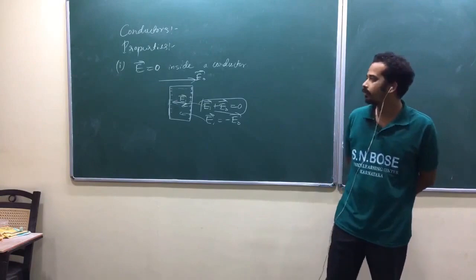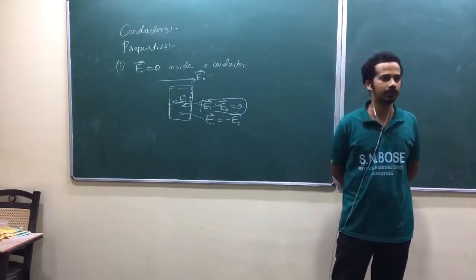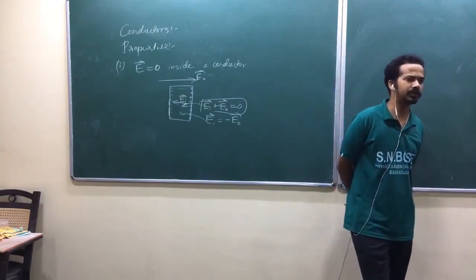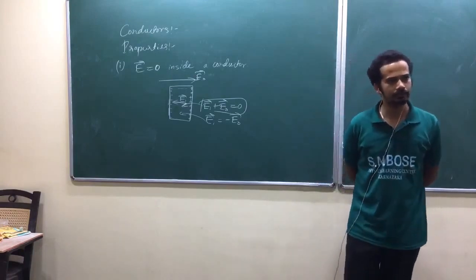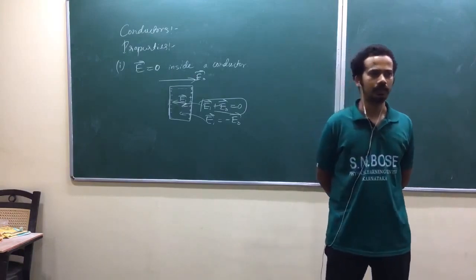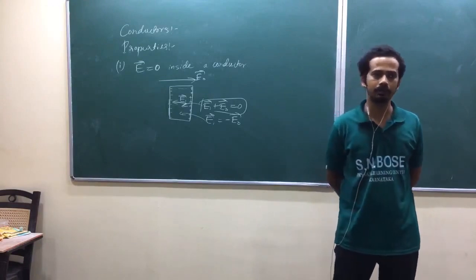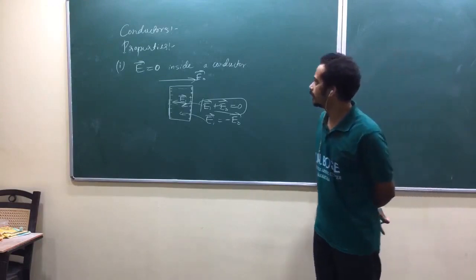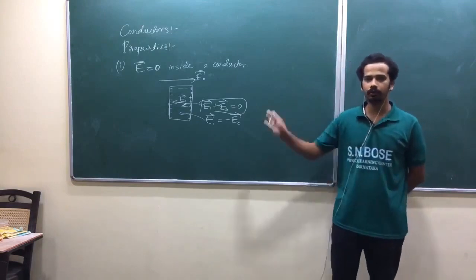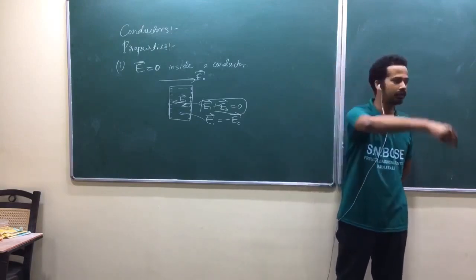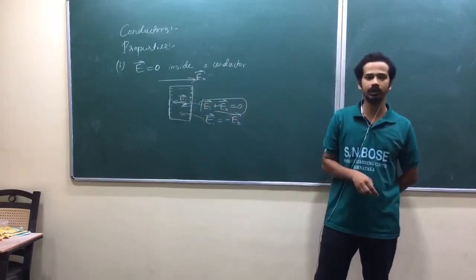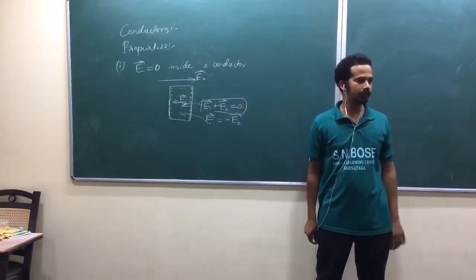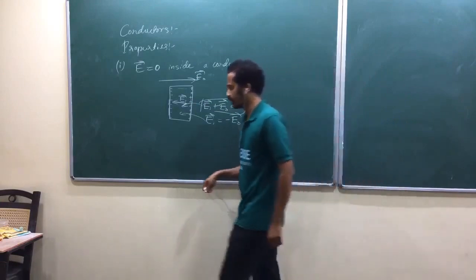We don't have a perfect conductor, am I right? We don't have an ideal conductor in nature. It will have some resistivity. Charges will, in actual sense, take finite time to travel, but right now we shall take an ideal conductor where the whole process is instantaneous. As soon as you keep that conductor in the external electric field, charges will be induced so that the electric field inside is 0.